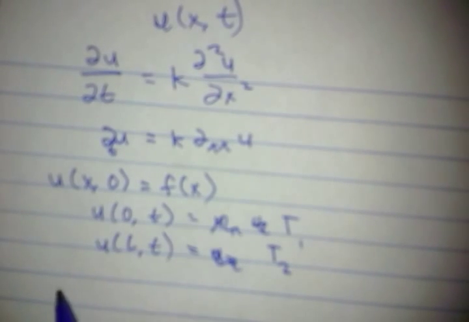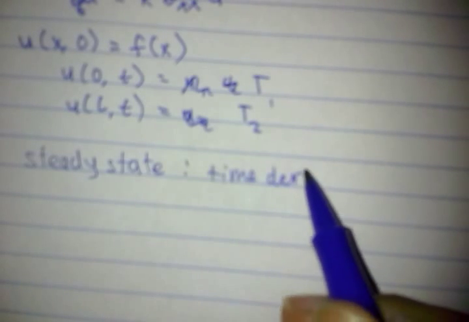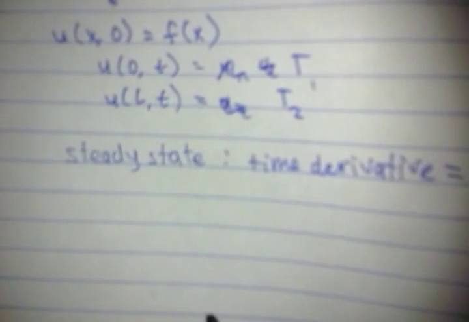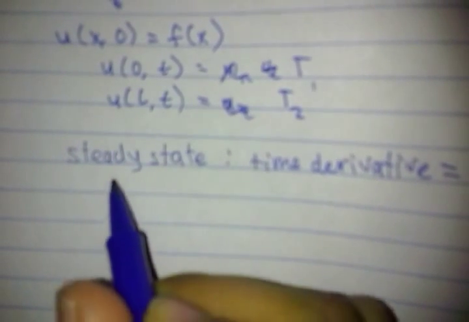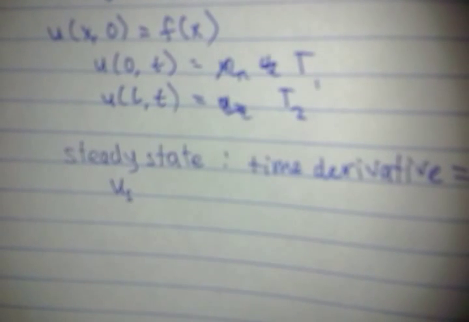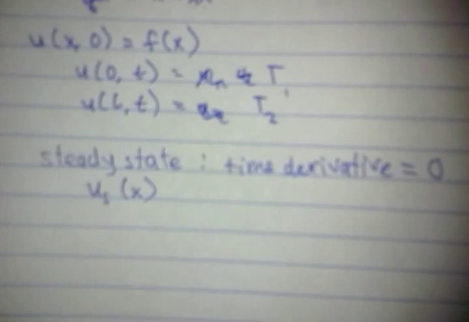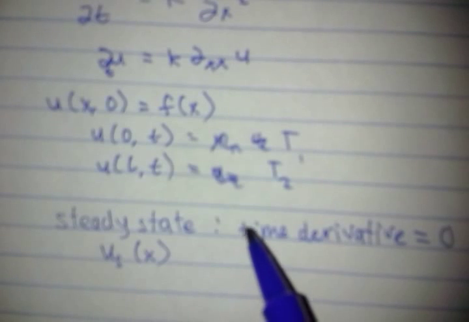The steady state basically means that the time derivative is 0, and that's just because it doesn't have a time derivative. It's usually abbreviated with an S, or some people call it the equilibrium state. It's all the same thing. This is only in terms of x, the positions, not in terms of time. Hence why it's steady. So u sub s of x,